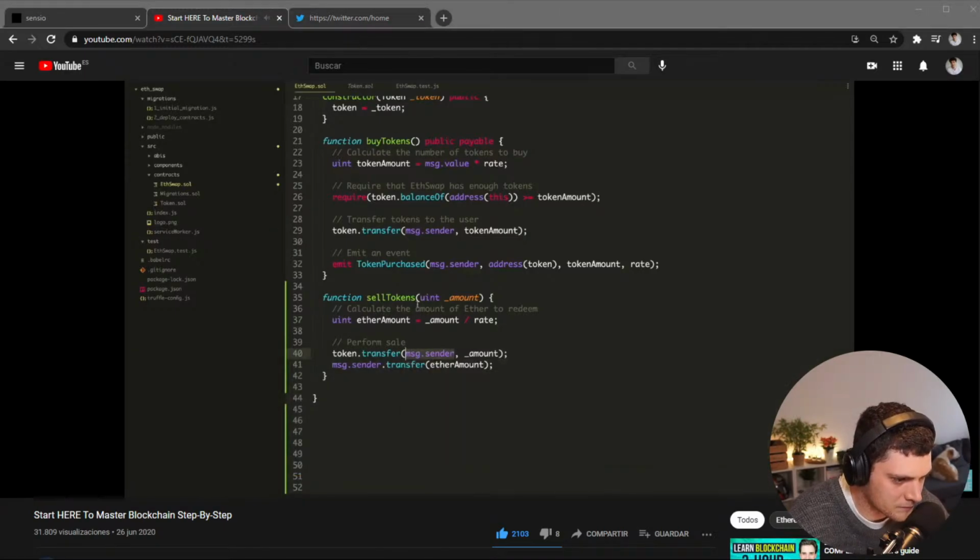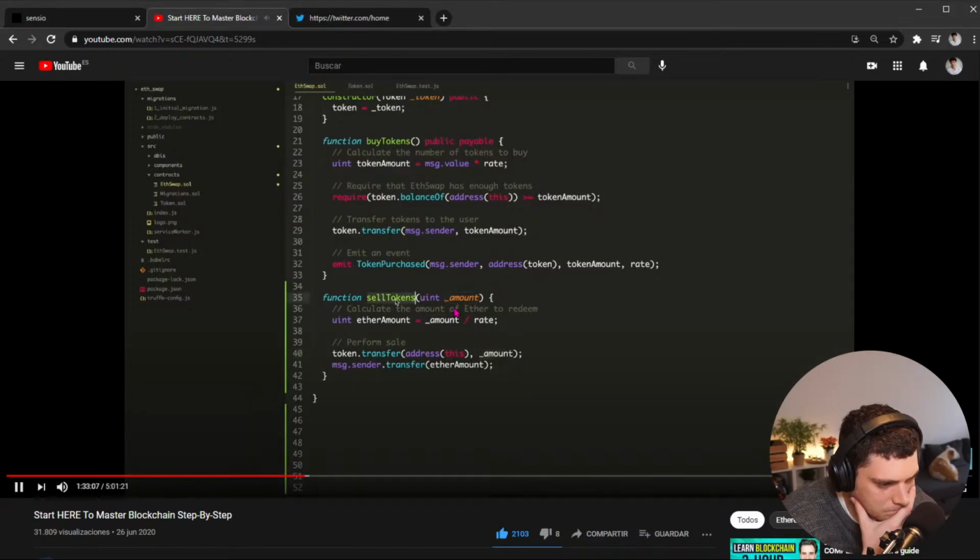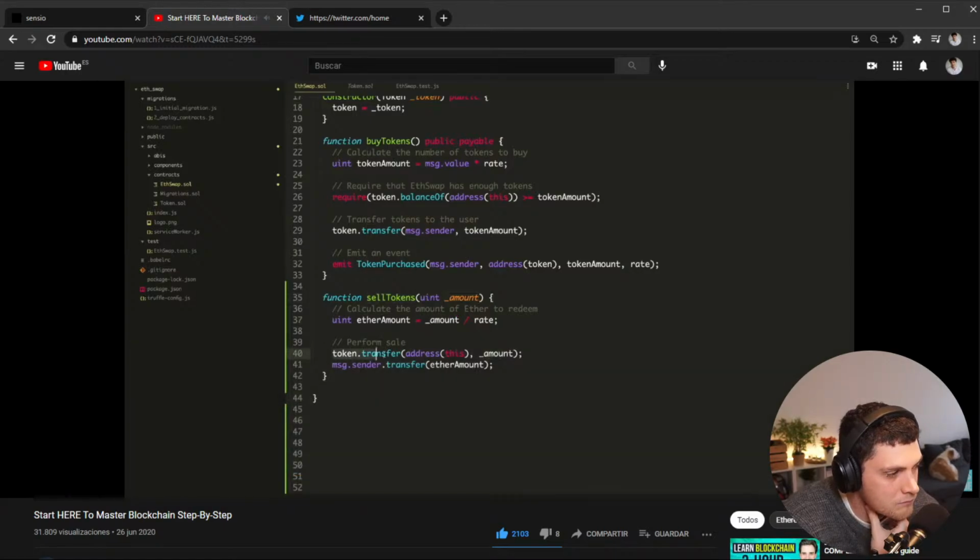So we say address this, right? We could do that, right? And that would essentially transfer the tokens to this, which is the smart contract, right? And then the amount. But this isn't going to work. So here's why. Whenever the investor calls this function, we can't let the smart contract call